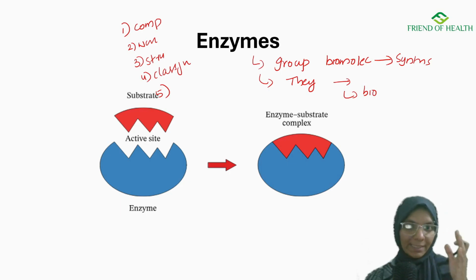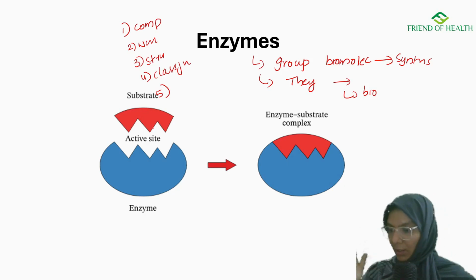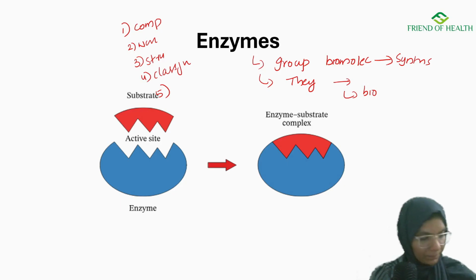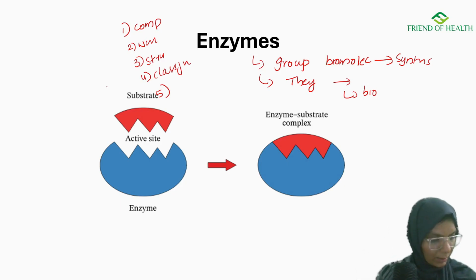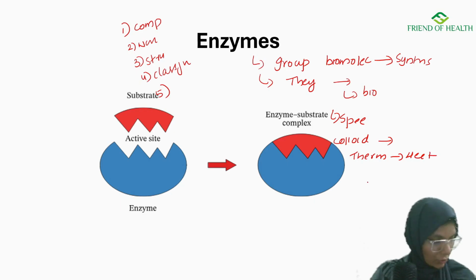That's why they are known as catalysts, for making a mechanism easier. Their main function is that they speed up chemical reactions. They are colloidal, tiny particles. They are thermolabile because they are heat sensitive. They help in converting one form of energy into another, and they decide how and when chemical changes happen in the body.